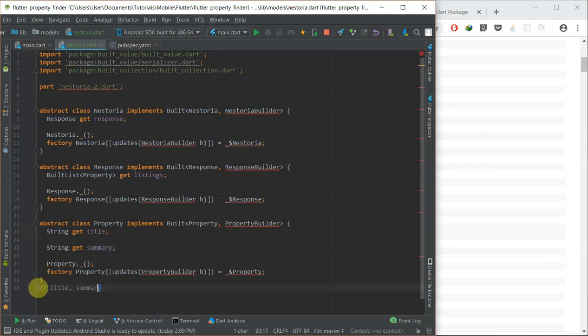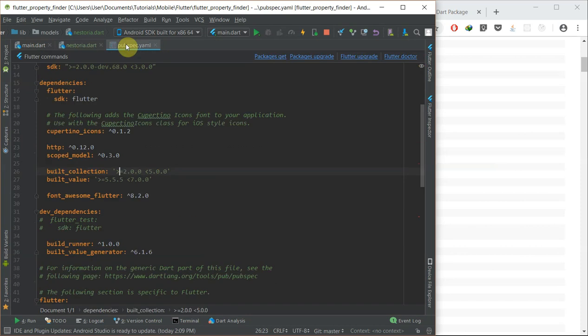So we can comment this stuff right now. Over here we have nestoria.g.dart, which is going to be the generated file, which is going to be generated for us. So back to our pubspec.yaml, the first thing we have here,